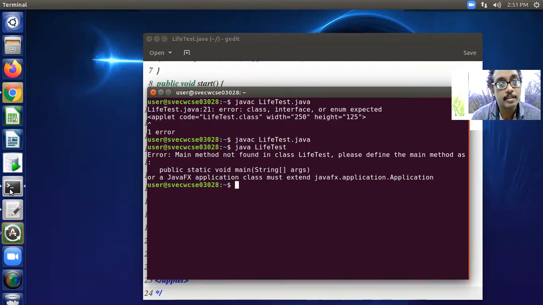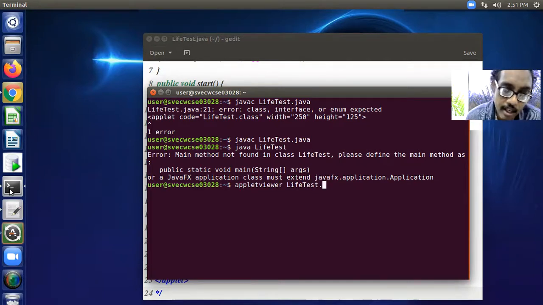It is executed by the appletviewer. Here the appletviewer can take either a .java file or an .html file only.